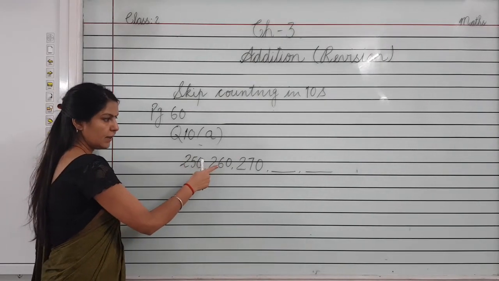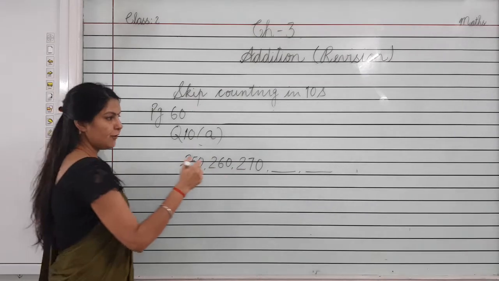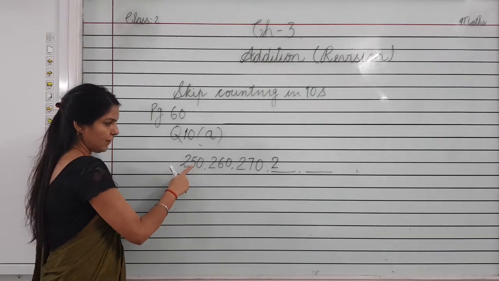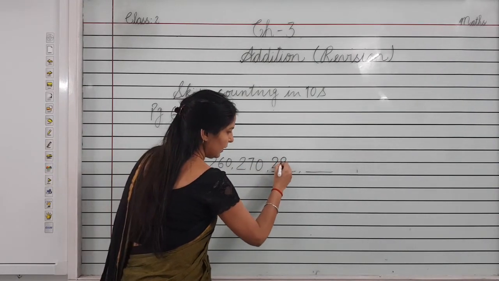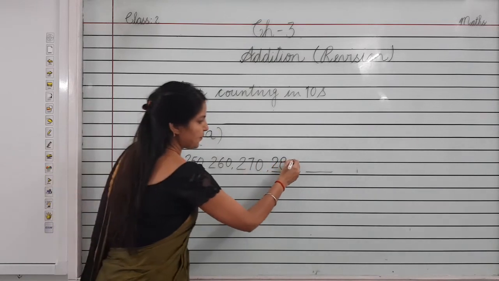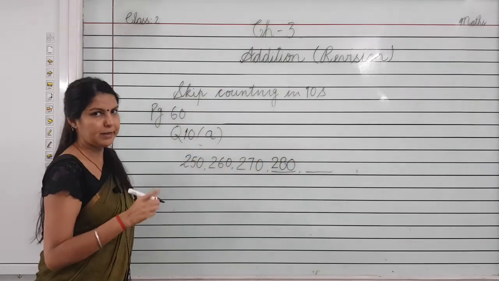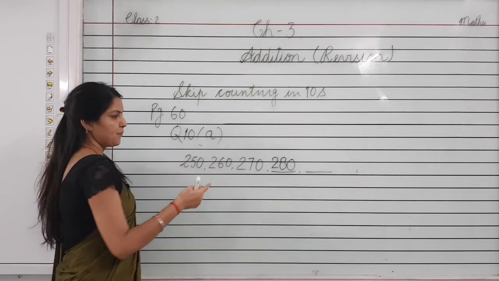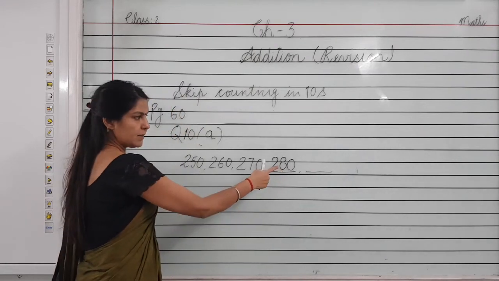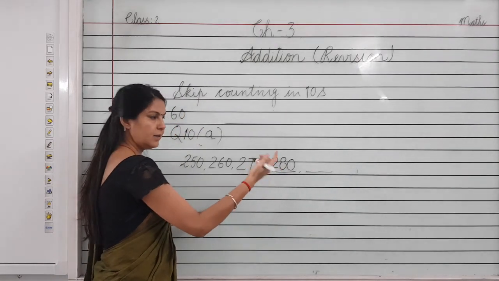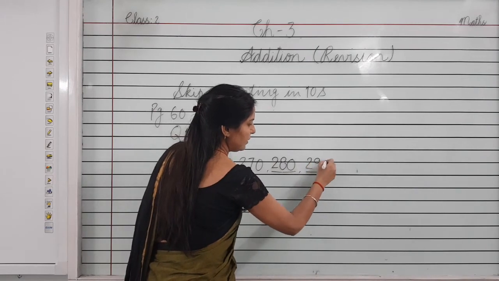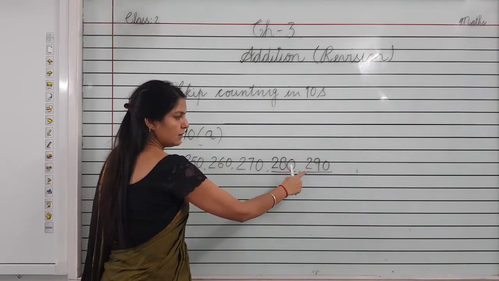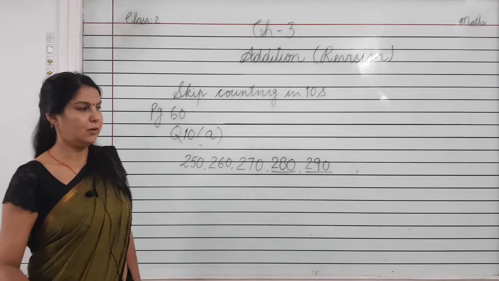Here is 5, then 6, then 7. So first of all we will write 2 at the hundreds place. Then we will move forward. After 5, 6, 7, what will come here? 8. And 0 will be the same. So we will change only the tens place value here. And you can add 1 in the tens place number. After adding 1 in the tens place here, what will come? 8 plus 1, 9. So the next number will be 290. In other words, you are changing only the tens place here. The other 2 digits are the same. I hope you have understood.